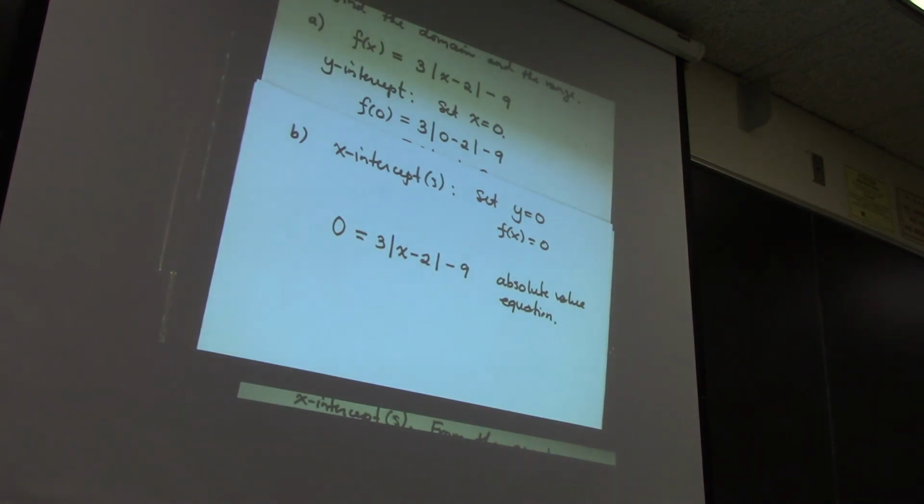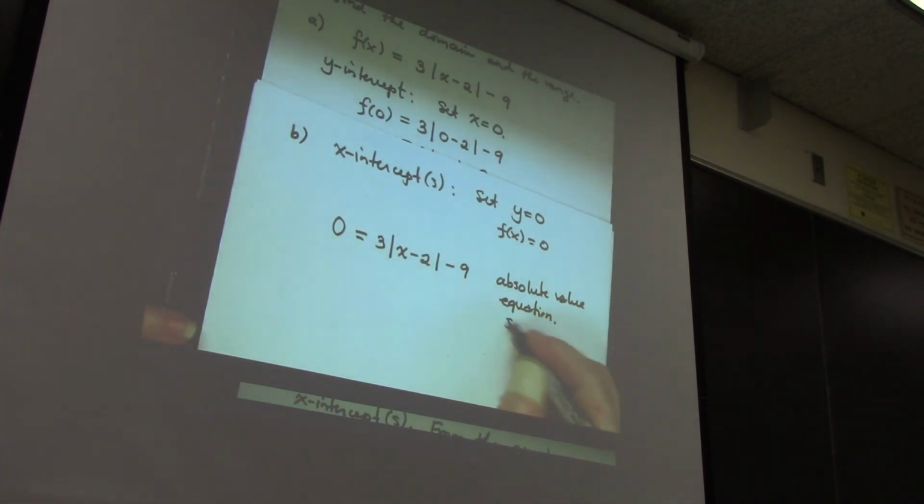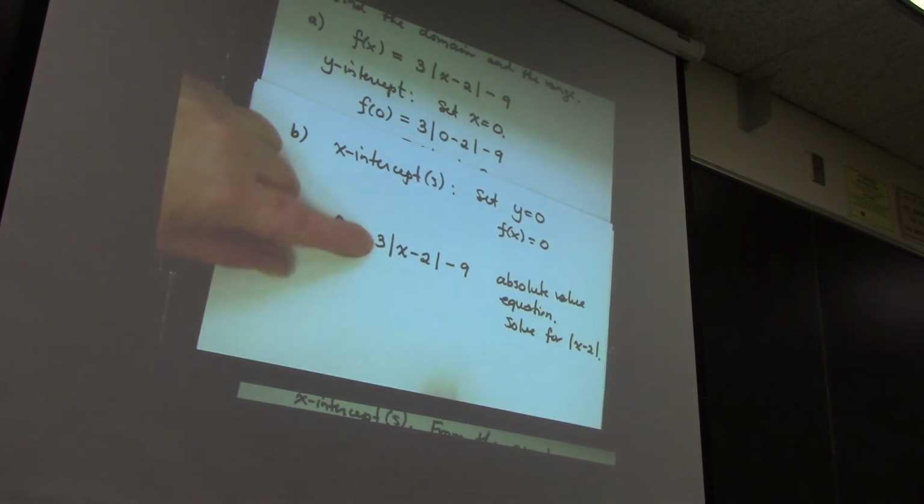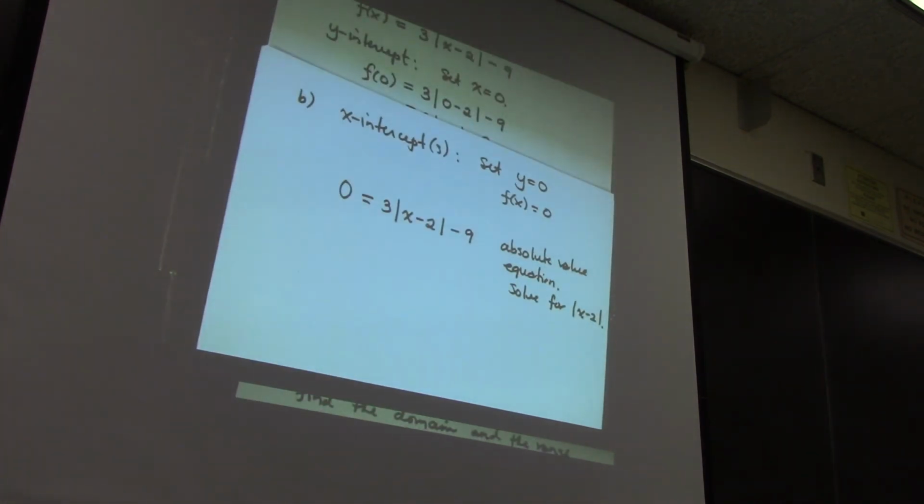To solve an absolute value equation, first get the absolute value all by itself. Okay, so isolate the absolute value of x minus 2. Whatever is the absolute value, get